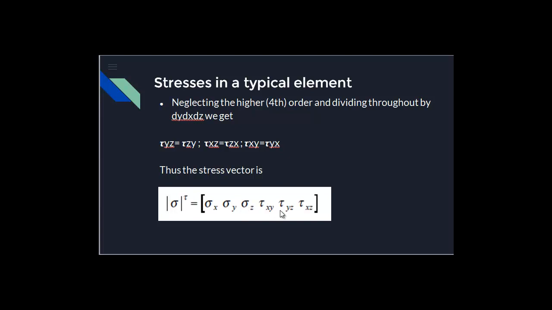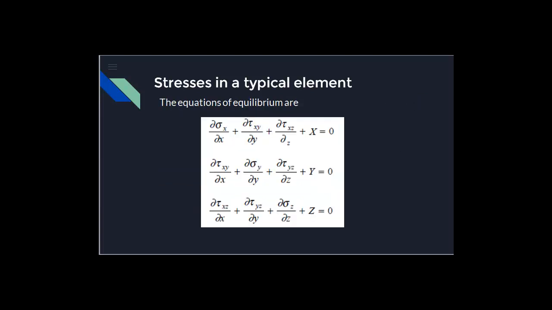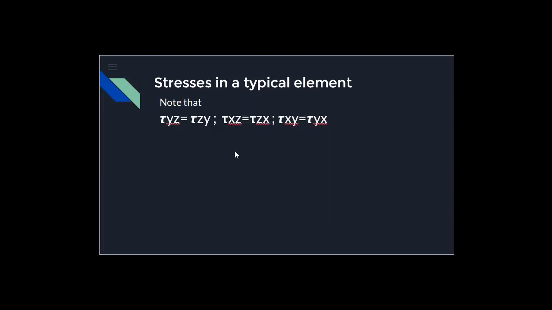Based on the application of the equilibrium conditions, sum of Fx equal to 0, sum of Fy equal to 0 and sum of Fz equal to 0, and also by taking the moment about the x-axis, the equations of equilibrium for a typical element are obtained. You can also see that the body forces acting along the x, y and z directions are accounted for in the equilibrium condition. These can be neglected by ignoring the body forces when we compute stresses. We can also note that the shear stresses acting on the yz plane will be equal to those on the zy plane, the shear stresses acting on the xz plane will be equal to those on the zx plane, and similarly on the xy and yx planes.